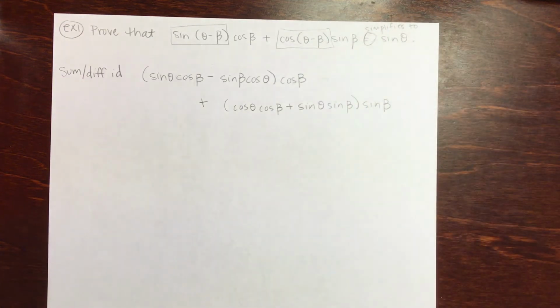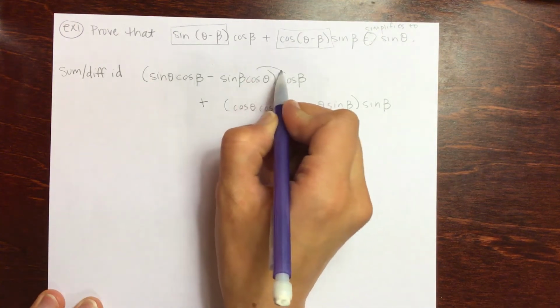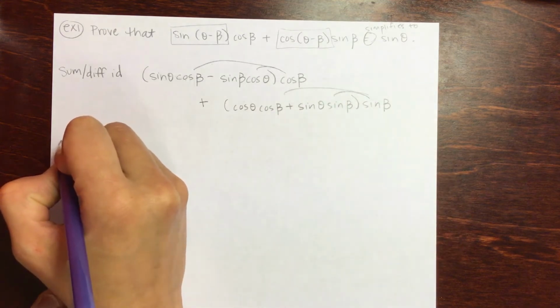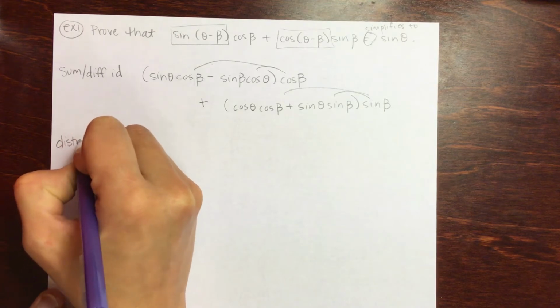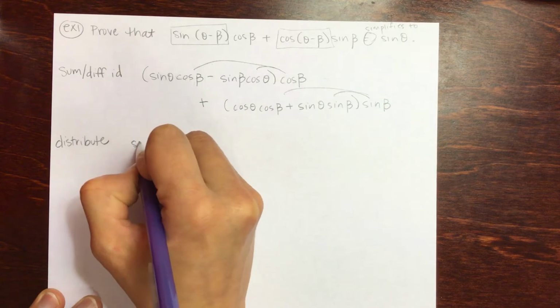to sine theta. Okay, now that I have that, I hate parentheses. We need to simplify this. It may not look simpler to you, but it is simpler to every mathematician if we get rid of parentheses. So let's simplify this. What I mean is I'm going to distribute my cosine beta and I'm going to distribute my sine beta. So one way to simplify is to distribute and combine like terms. So distribute or do algebra here to get